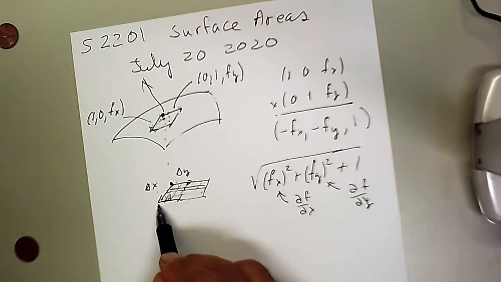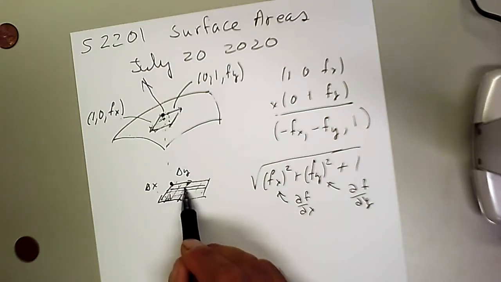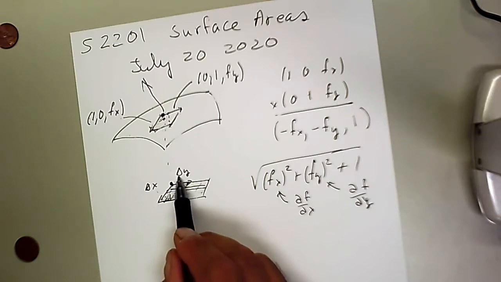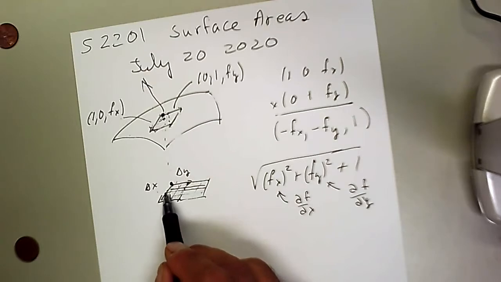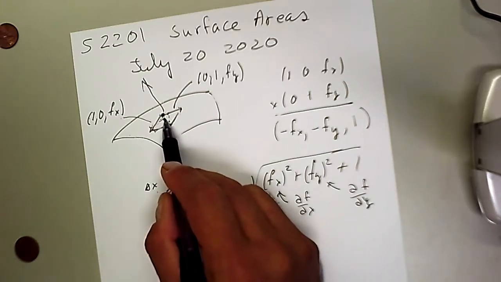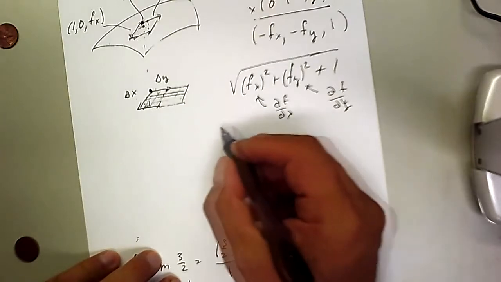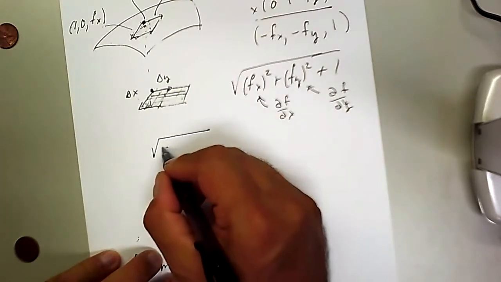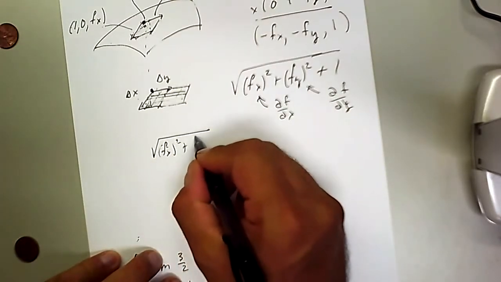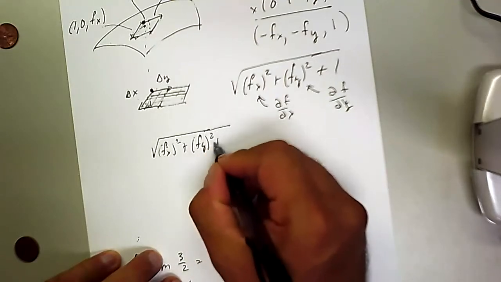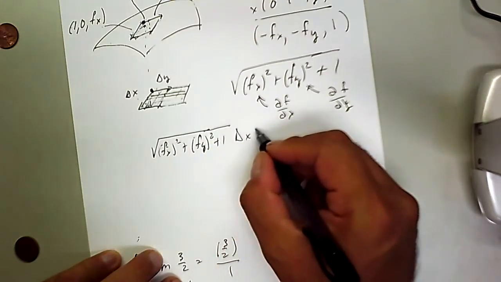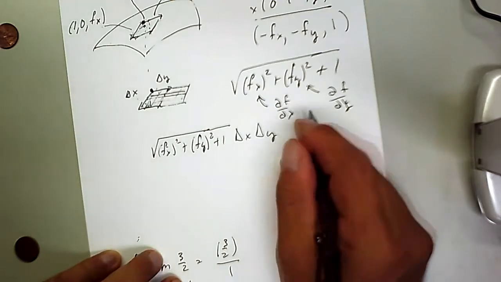So a percentage of this whole gives us a distance, a long rectangle, a percentage again, because think of this as a small number, as if it was a percentage, we'll have the appropriate percentage corresponding to the small rectangle on the floor, and that would correspond to a similar rectangle up here. So f sub x squared plus f sub y squared, don't forget the 1, delta x, delta y